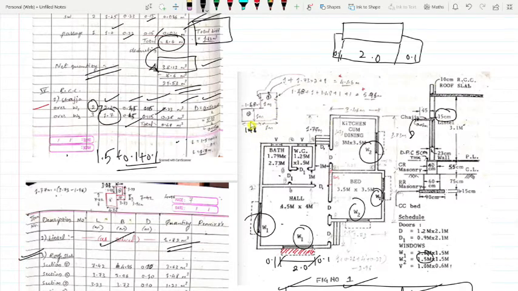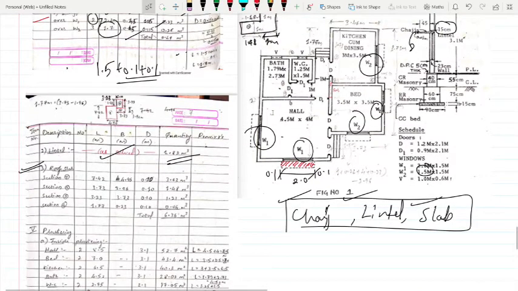1.48 meters up till this portion. See, they have converted like this. This portion is 1 meter they have taken, and 1.8 meters. So in this way they have calculated. Sorry, it is here. Just see above here. All these calculations are in this diagram.